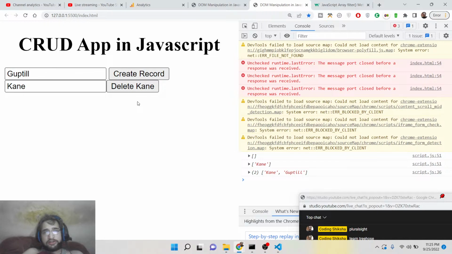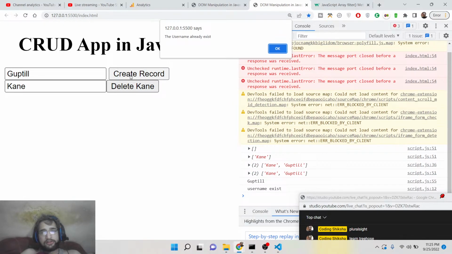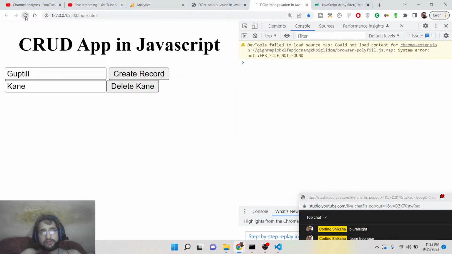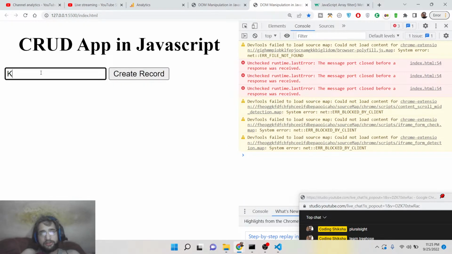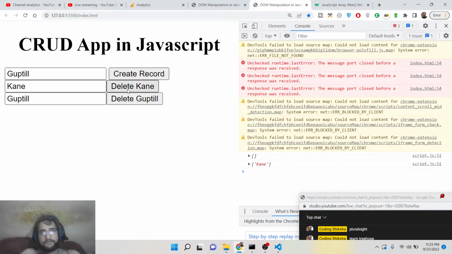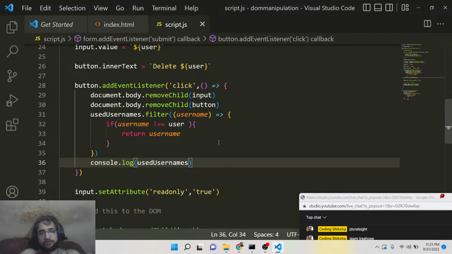If you delete the Guptill button, you will now see, if you create record, Kane, if you hit this button, basically